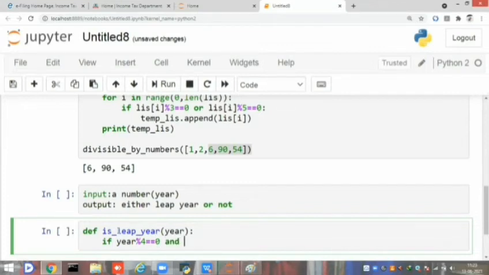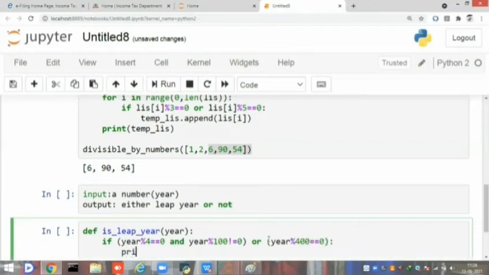And sometimes we'll have some scenarios, like it should not be divisible by 100. Okay, here mod 100 is not equal to 0. Okay, and these two conditions must be satisfied, or it should be divisible by 400.